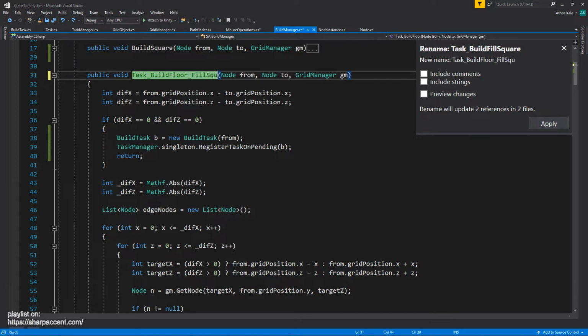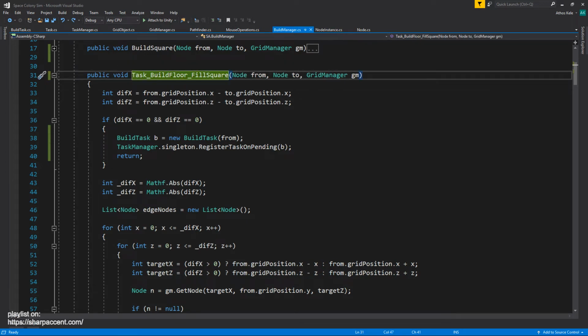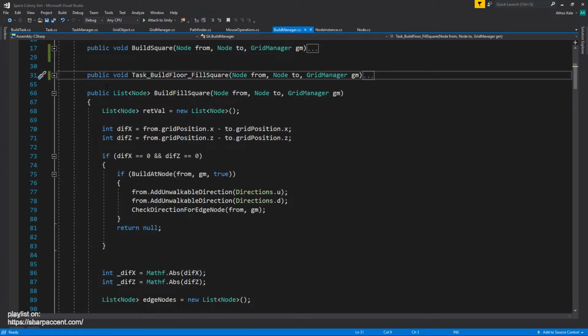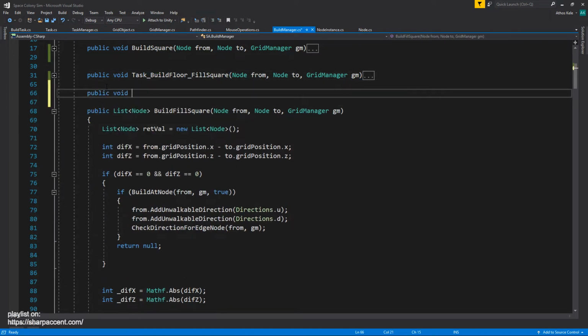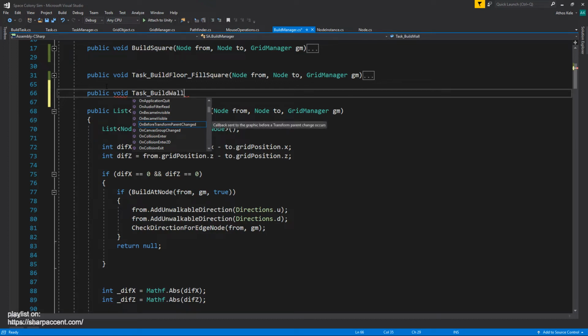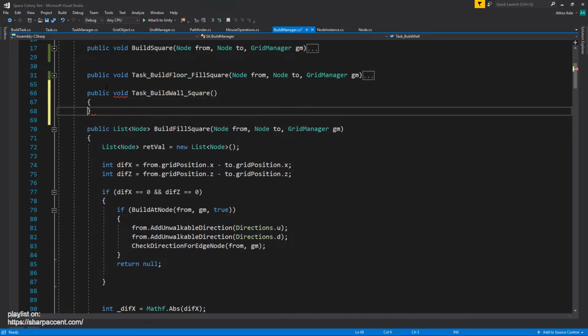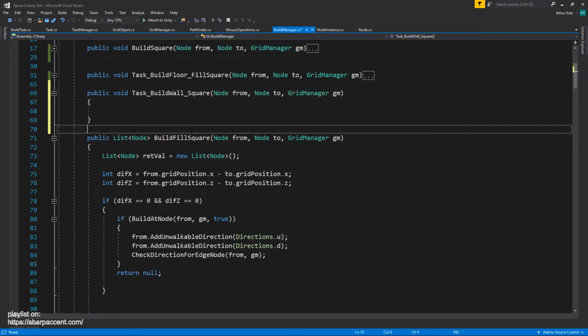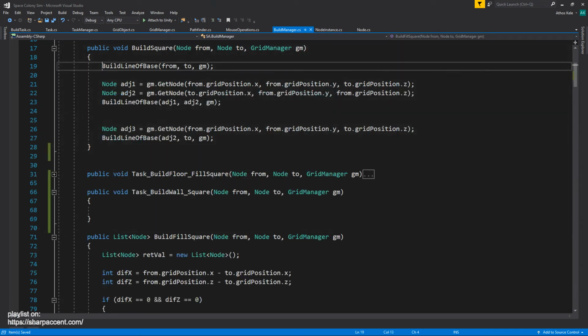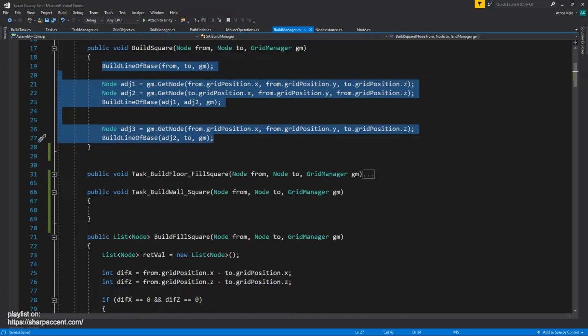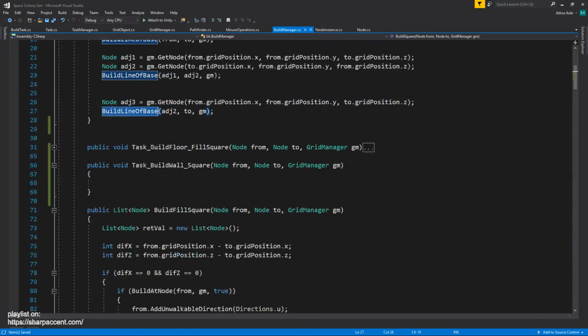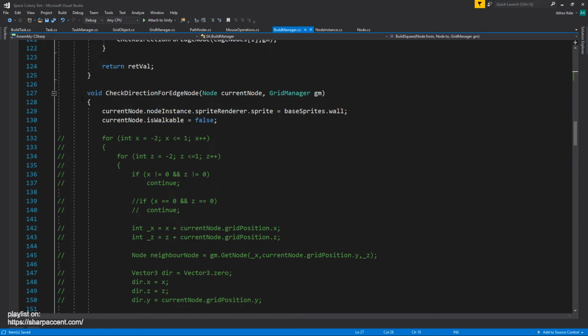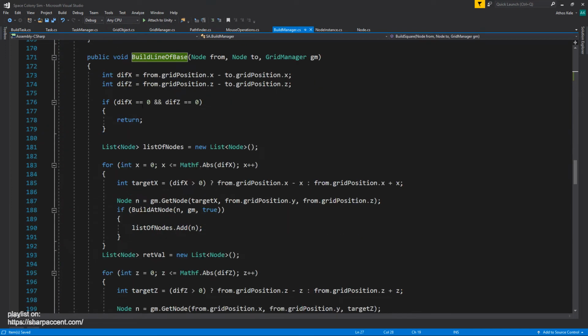I think most likely you're only going to use build floor fill square. Then let's do public void task build wall square, and it's basically going to be the same thing we have above here, which we just create build lines and build line. So I'm just going to replace the build line. Let's find it here,